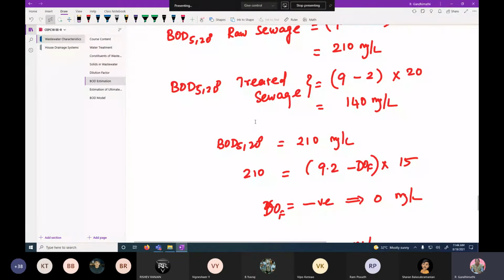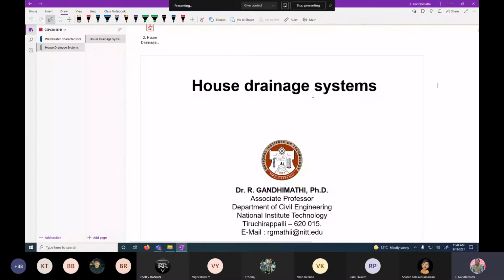Before moving to this, I have some questions. Can you tell me what are the components of house drainage systems? Maybe every day we are using them for different purposes in residential houses. Can you list out some of the parts?